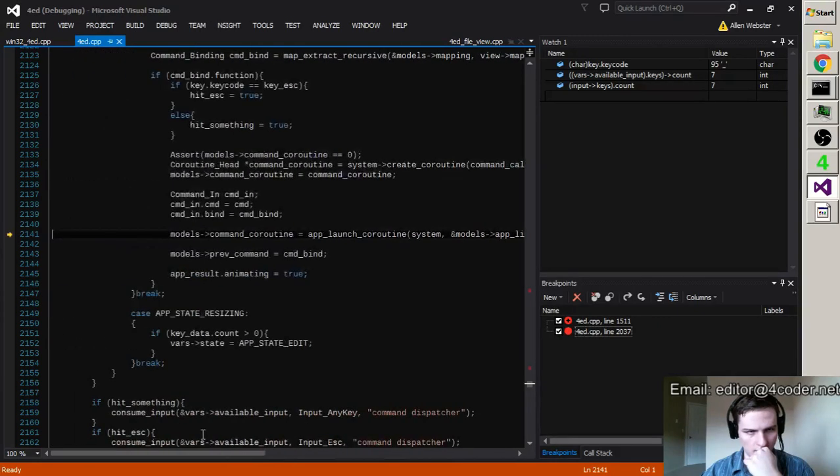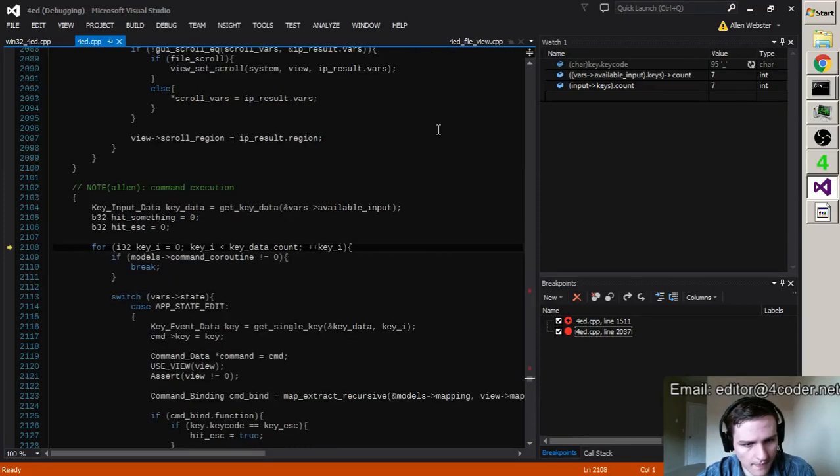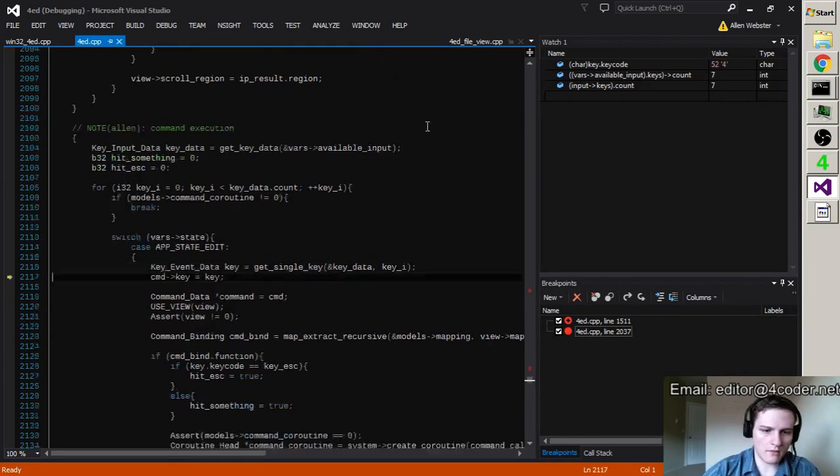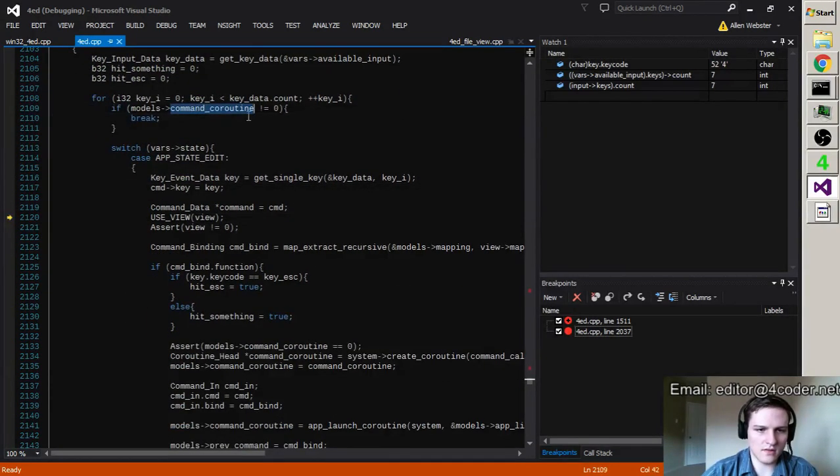Alright, so it's just about to launch a coroutine, after which I'm just going to skip past this one because all it does is split the panels. And now it exits right away, so this does not equal.